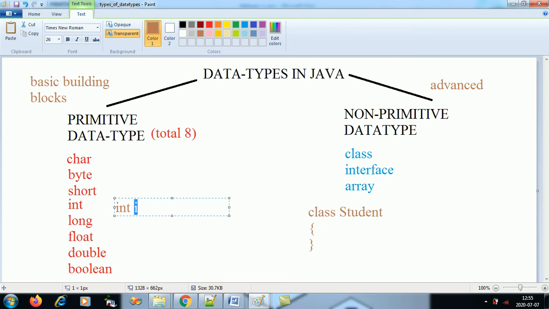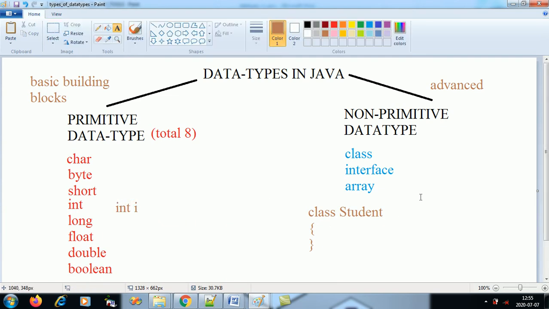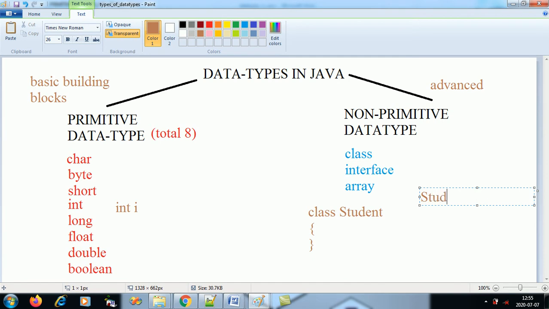This i is the variable, and this int is a built-in data type. Similarly, with Student, I can make its object, Student s1. So when I make a class, I'm gifting Java a new data type. These are your non-primitive, advanced data types, which the user can define. Your classes, interfaces, and arrays are non-primitive data types.